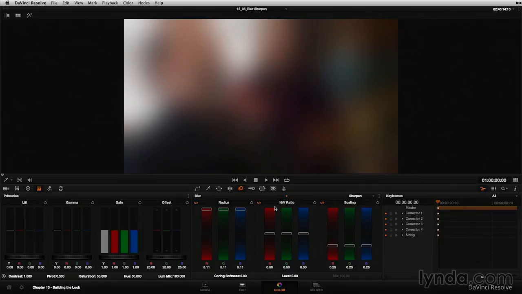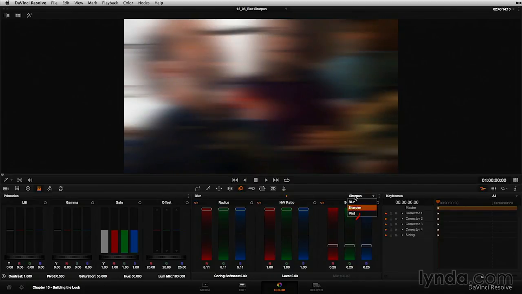settings. I go into sharpen, these stay the same. Let's kick this up. I go into mist, these stay the same. I go into blur, these stay the same. All that changes is in sharpening, I get a new set of tools that open up, scaling and the core softness and level. And to really understand what's going on here, first thing you need to know is this scaling